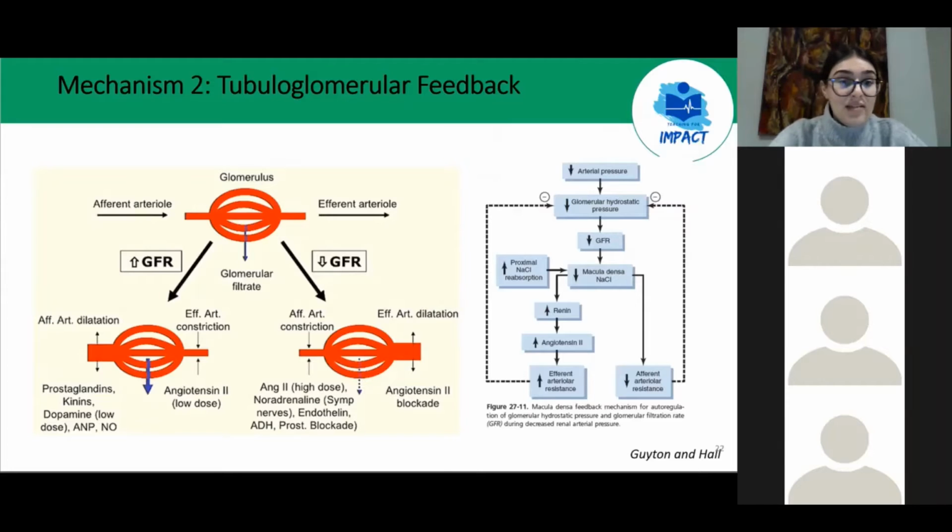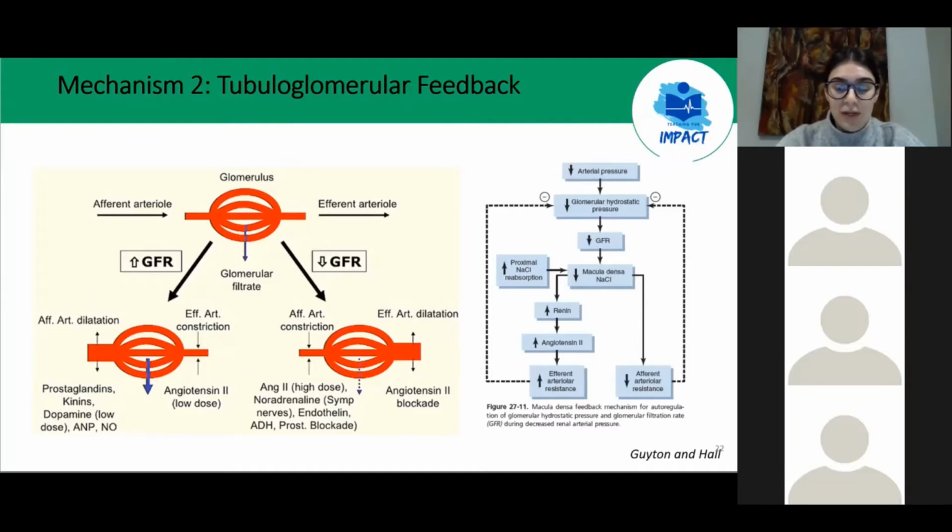Cool. Basically, the exact opposite things happen when you have an increased arterial pressure. So when you have an increased arterial pressure, your GFR and renal blood flow increase quite a lot, which means there's less time for the sodium to be reabsorbed in the tubules. So that way, when it reaches the macula densa cells, it has a high osmolarity. And then when those macula densa cells sense the high osmolarity,